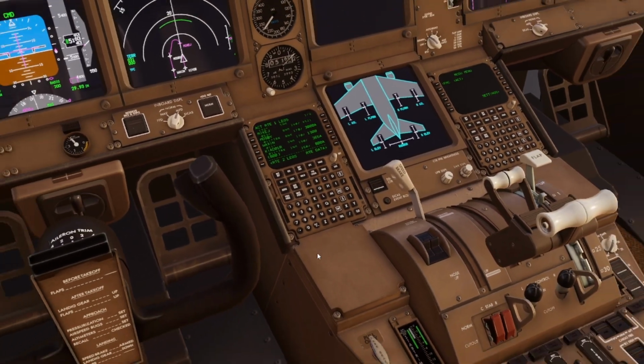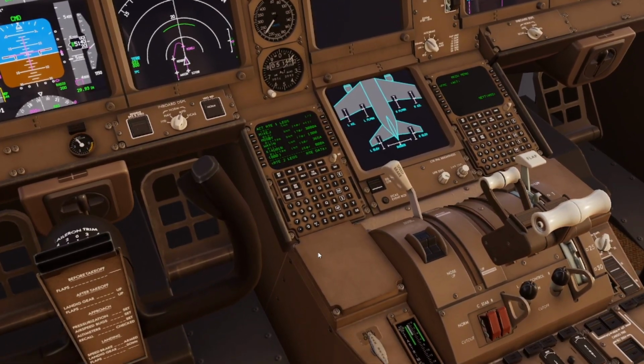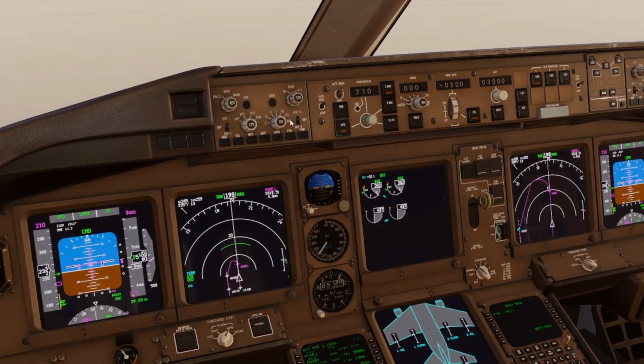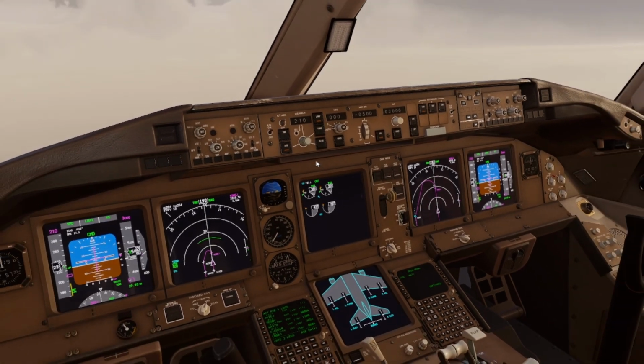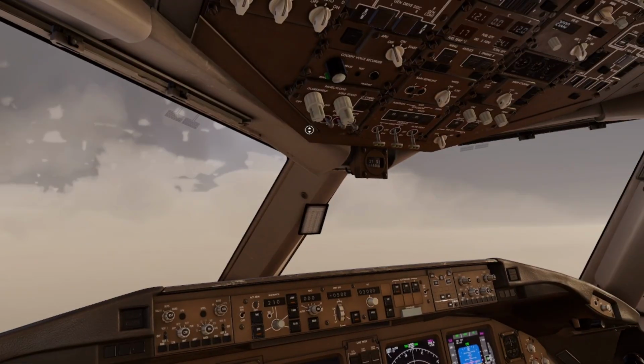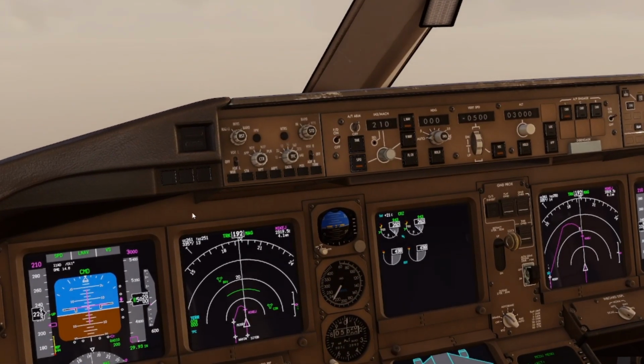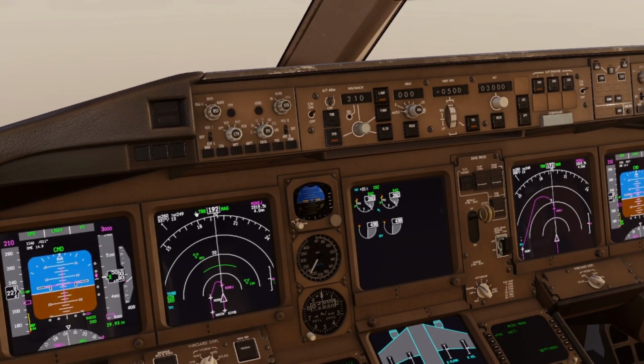Trim, I believe, for landing was 4. So we'll set that once we're off of the autopilot. Auto throttle is still on autopilot, still engaged, and we're looking good for landing here. Landing lights are on. We're descending here, and then we're going to be at 3,000